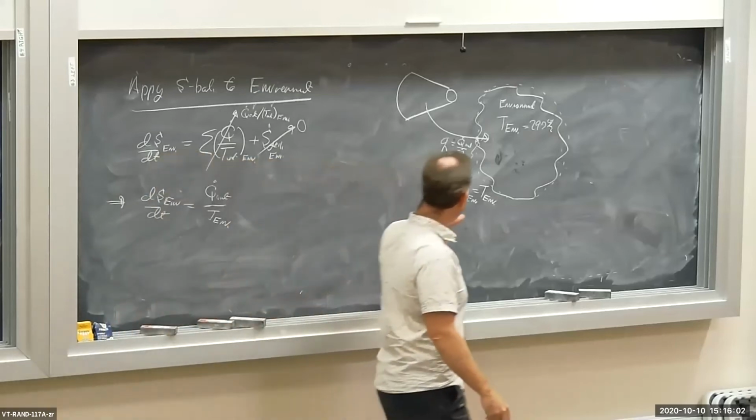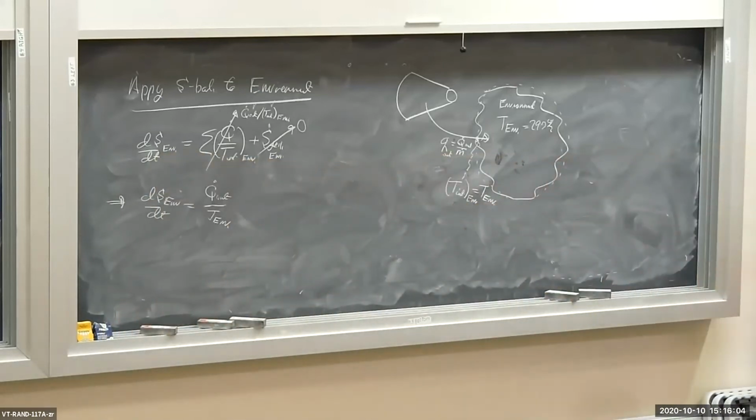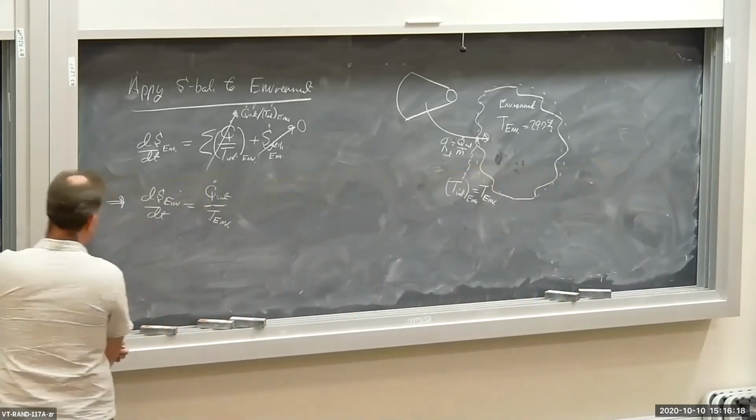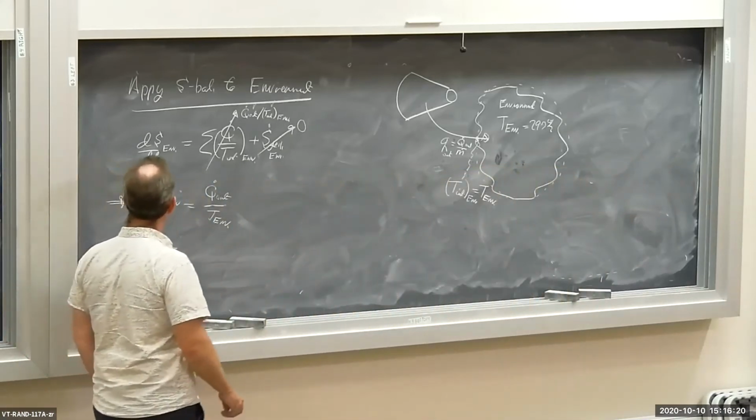The interaction temperature is equal to the environmental temperature for the environment. Basically, the definition of an environment is uniform temperature. That's the point. So on the boundary, it's the environmental temperature. In the interior, it's the environmental temperature. It's the same thing everywhere. Okay, now,